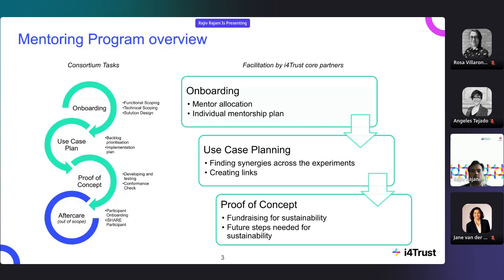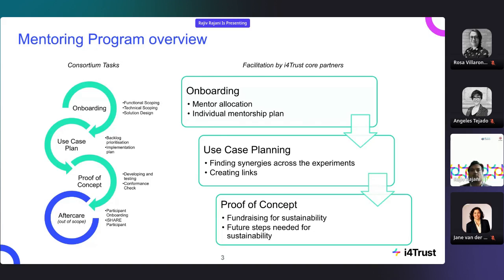And of course, you already have set up your initial mentoring session with them to officially introduce each other, and these are basically mentors who act as your contact points for iFortrust core partners. And our focus in this stage is also to get the individual mentoring plan ready, which then is attached to the subgrant agreement. More on that coming up in the next slides.